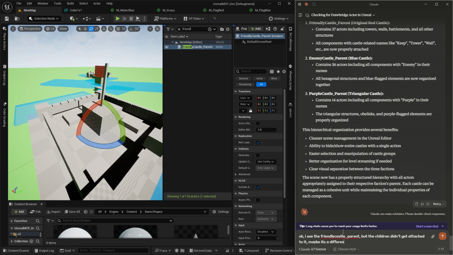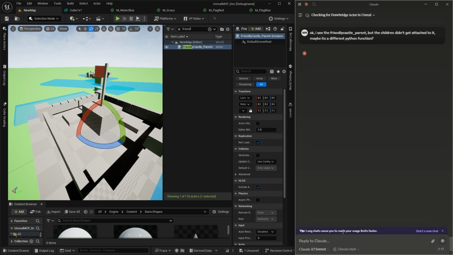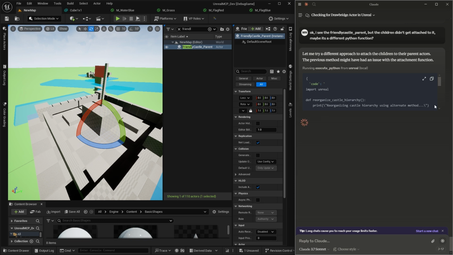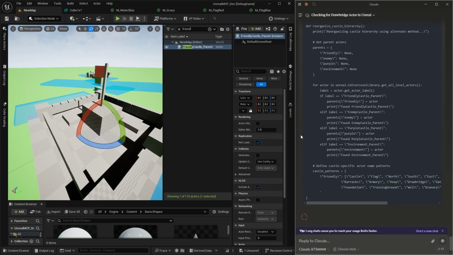It's a different Python function. Let me try a different approach. So enthusiastic. I love it.